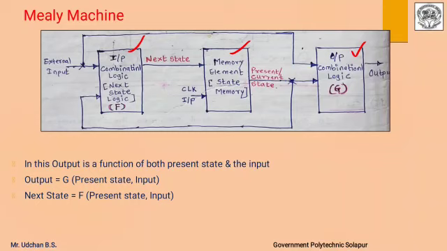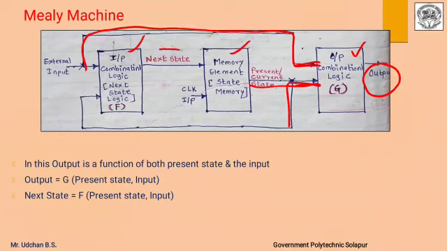If we observe in Mealy machine, this output is dependent on these two inputs. Now what are these two inputs? The one is the external input and another is the present state. Therefore in Mealy machine the output is dependent on both present state and the input,